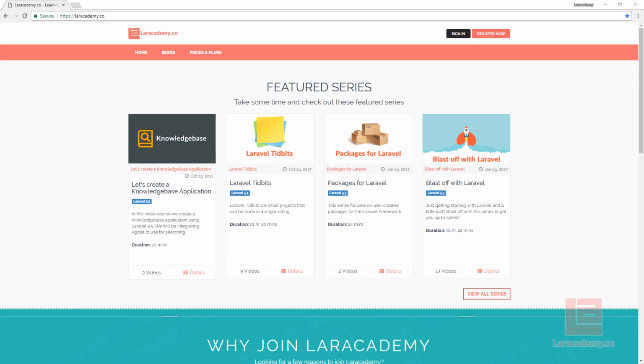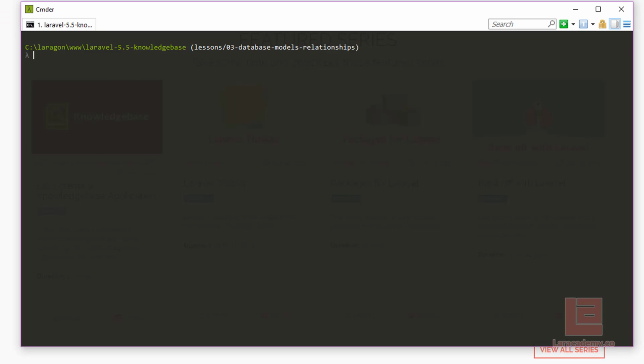It's Mickey again, and in this lesson, we're going to get our database models up and running and set up our relationships. Let's dive right in by creating our two models that we're going to be using. Let's make sure we open up our terminal, and we can run the following command: php artisan make:model Models/Article. And we can also run php artisan make:model, and then again